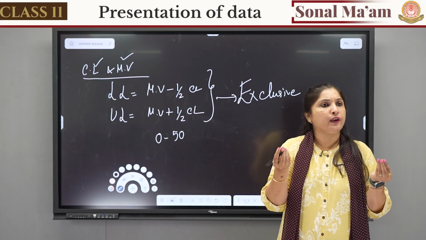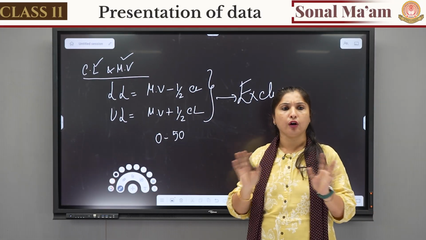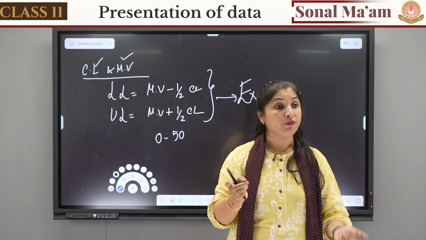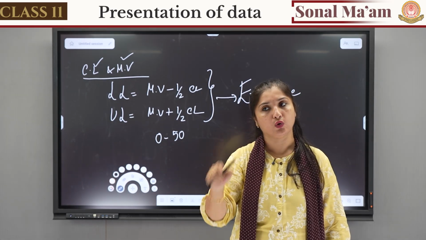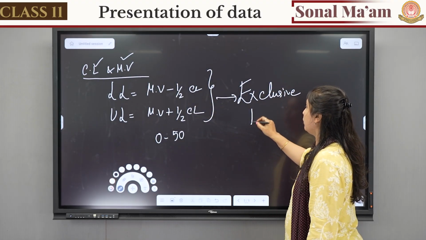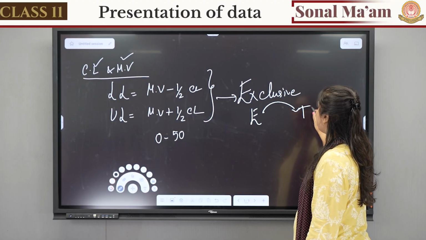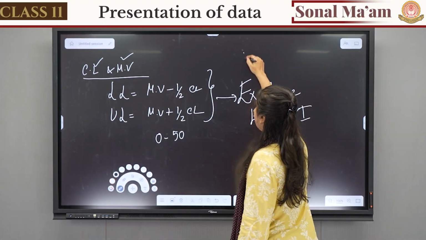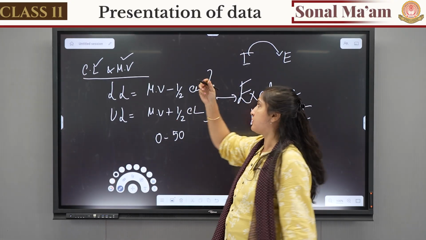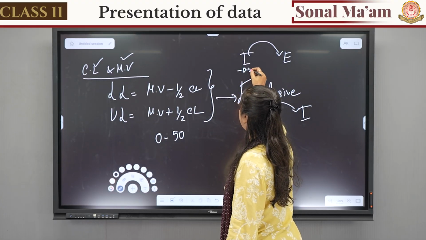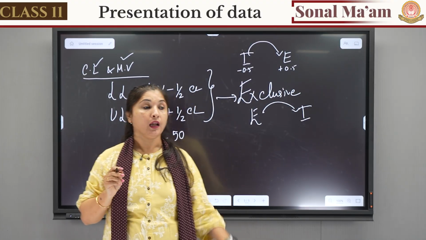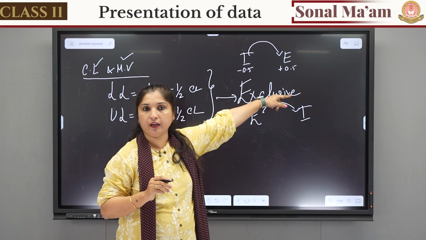Many times, whatever the question is, if it is not mentioning whether you have to make exclusive or inclusive, which class do you have to make? Exclusive only. But if the question is specifically telling you to make inclusive, then only you will make an inclusive class. As I told you, from this we got an exclusive class. So from exclusive, can we convert it into inclusive? Till now we have learned conversion of inclusive into exclusive. For converting an inclusive class to an exclusive class, we have to minus 0.5 from the lower limit and plus 0.5 to the upper limit, right? It was inclusive and we were converting into exclusive.